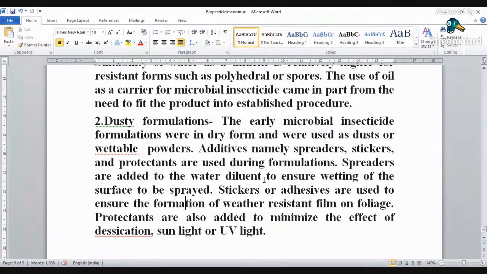So that stickers or adhesives, these are used to ensure that the formulation of the pesticide should be weather resistant, it should form a weather resistant film on